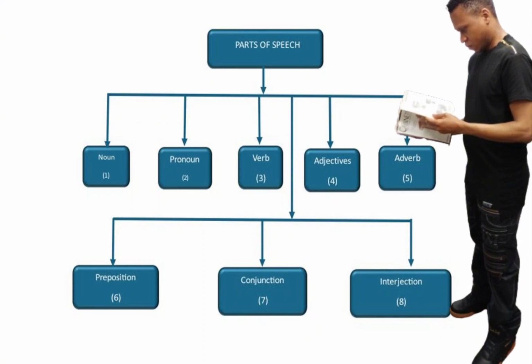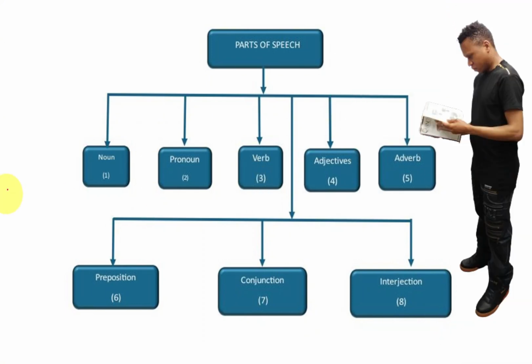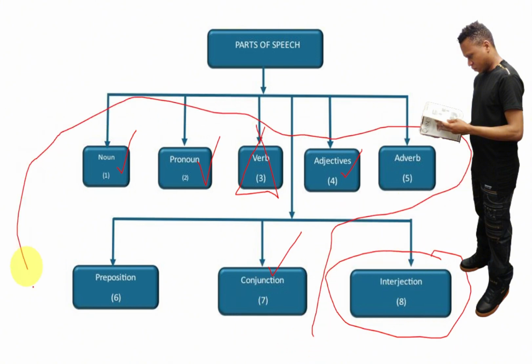In some situations, if you don't have a high school diploma, you're gonna struggle a little bit, because some of the stuff here, let's say you understand the noun, you understand the pronoun, but you don't understand the verb. That's a problem. In case you don't understand the verb, it's gonna be a problem. And adjective, you understand it. The adverb, you don't understand it. The preposition, you don't understand it. Conjunction, you understand it. It's okay if you don't get it, because in academic writing, you need to know these. So you have to know them.